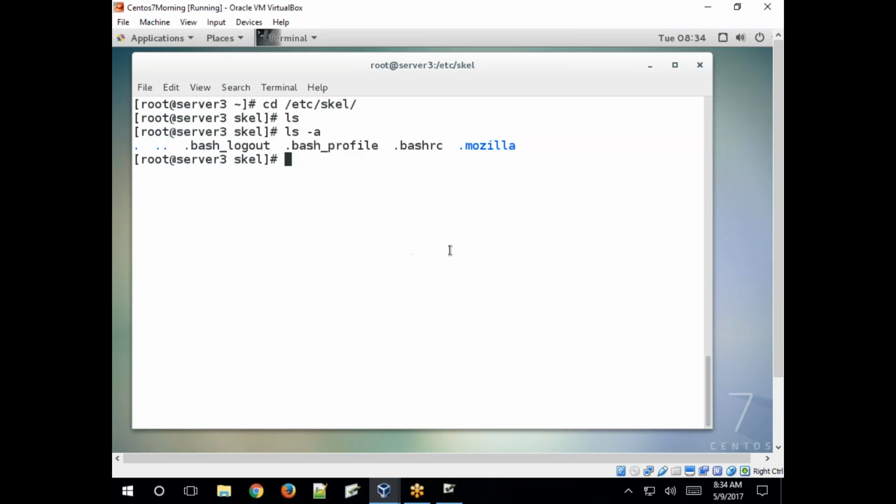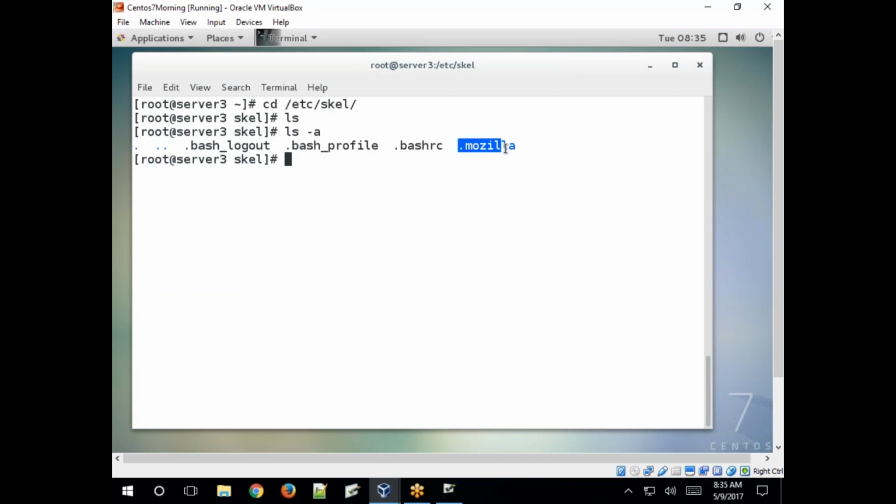Okay, this is the shell directory. If you installed Linux with GUI and run the operating system at run level 5, you will get a GUI mode, right? So then these shell files will be copied. If you run the operating system at run level 3, the system will run in a non-graphical environment, and then these files will be copied, not the Mozilla.